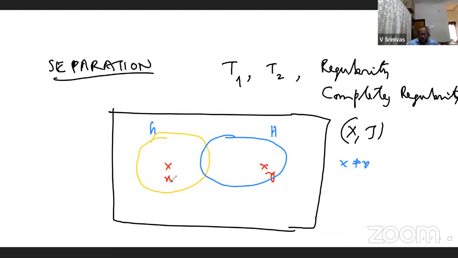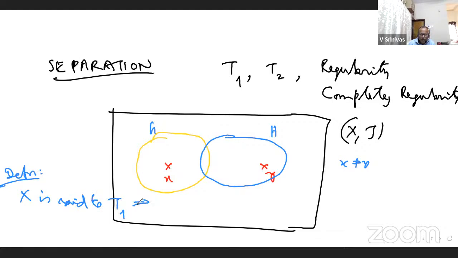And of course, you also want that this x is not in this H, and this y is not in G. This H should not contain x, and this G should not contain y. If you also have that, then we say that this space capital X is T1. It means you are able to separate these two with the help of two neighborhoods. Neighborhoods means open sets. So that's what we mean by T1ness. You may call this a definition: X is said to be